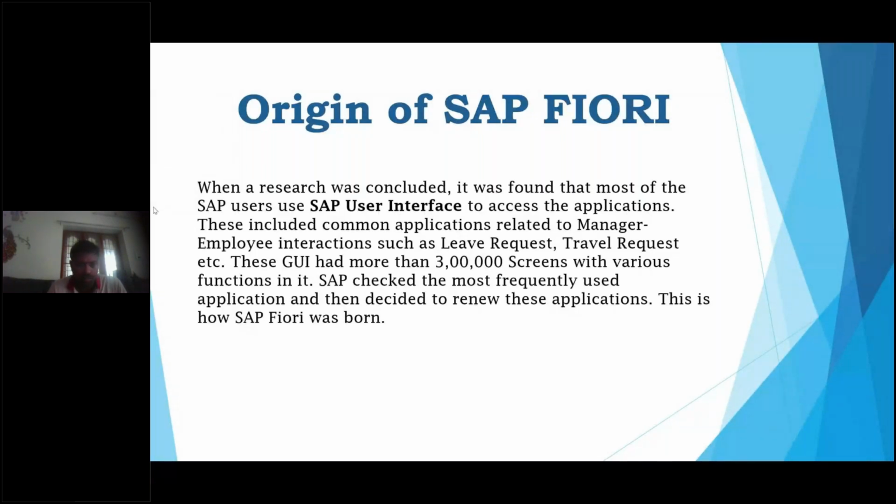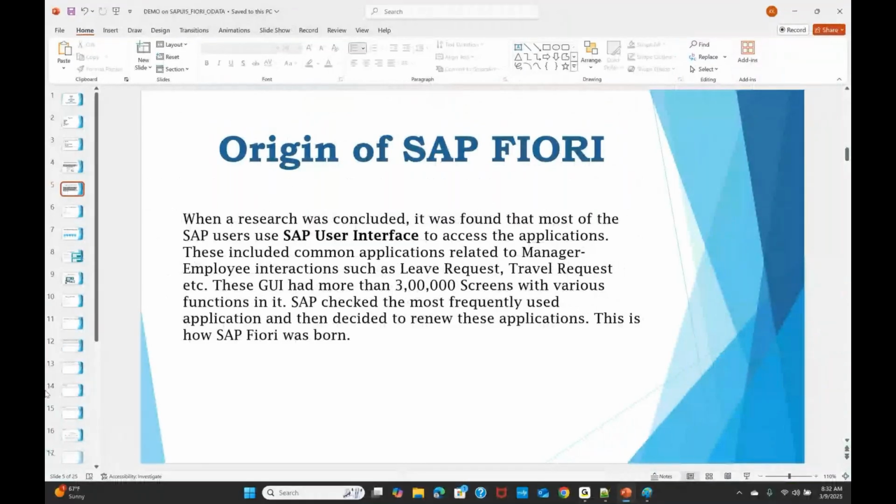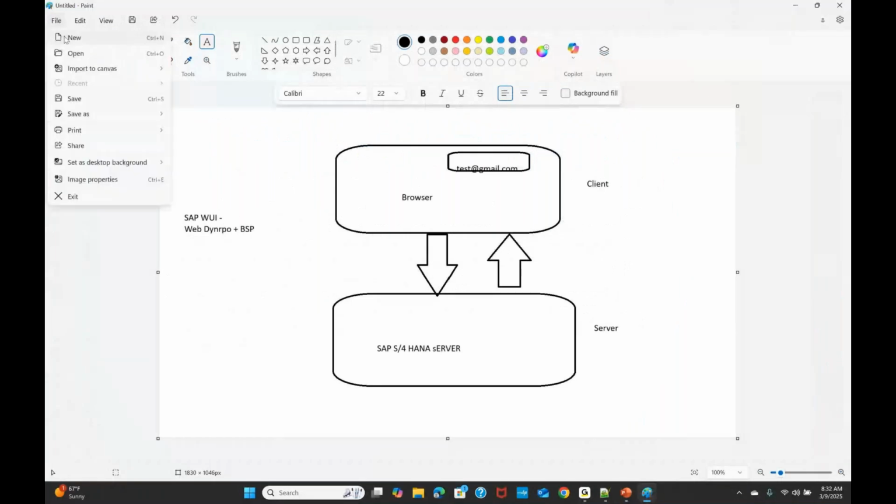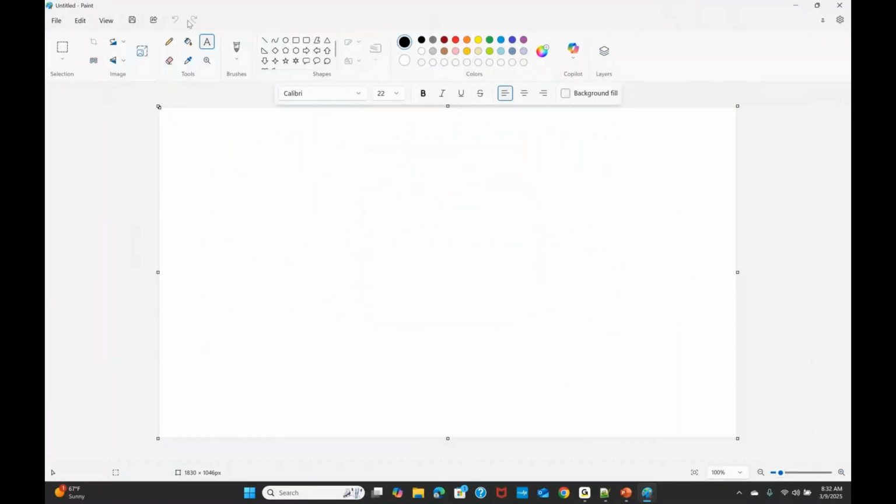Two options are there. Let me tell you in this way. There is a concept called GUI for HTML. Take a SAP GUI transaction called VA01.